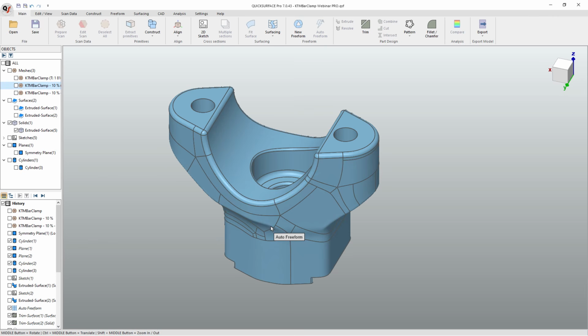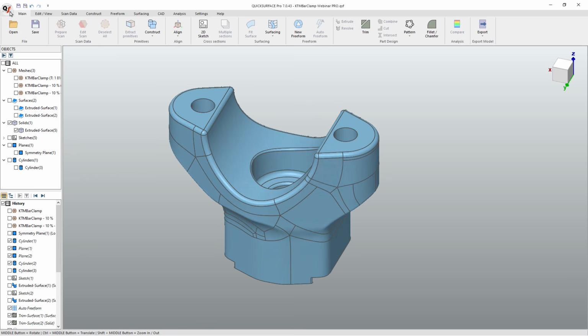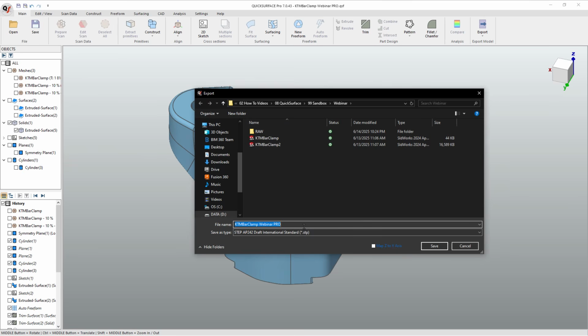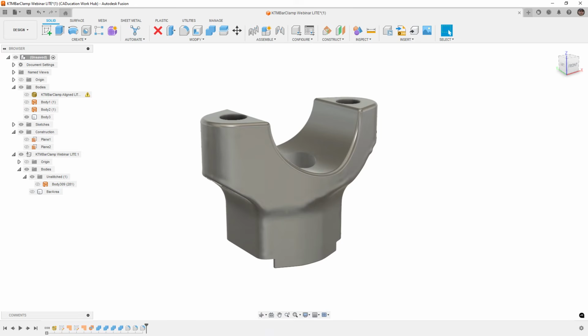We can use tools like planes to cut surfaces and trim and cut bodies directly here. So what I'm going to do is save this, and then export this CAD body, and I'm going to bring it into Fusion. So we're going to export this model, and we'll save it as a step file, and then we'll hop back into Fusion,